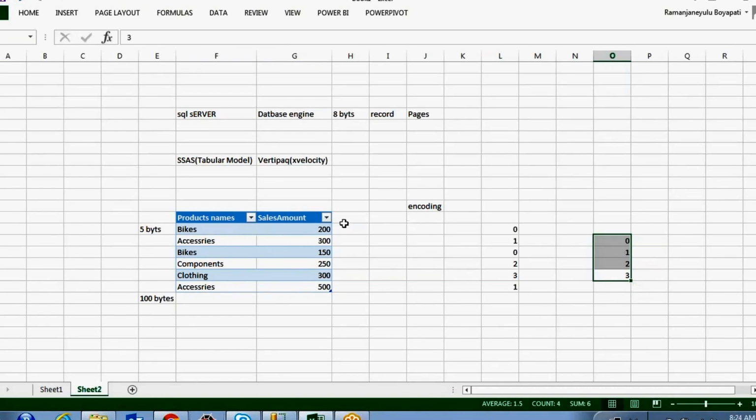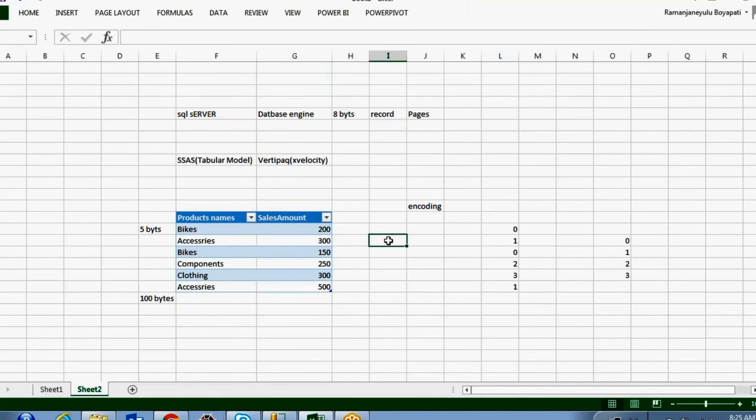And what about these numeric values? Another way it follows is, instead of maintaining all these values 200, 300, 150, 250, 300, 500, it finds the minimum value from this data. What is the minimum value? 150, right?